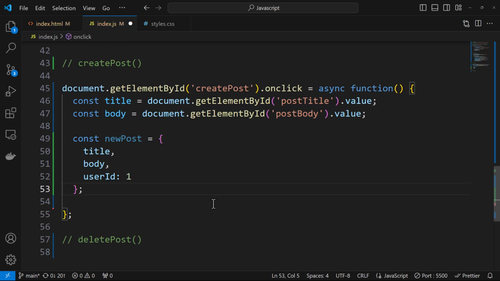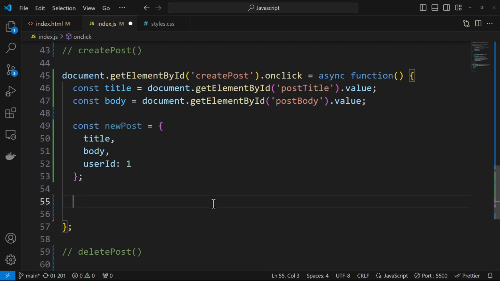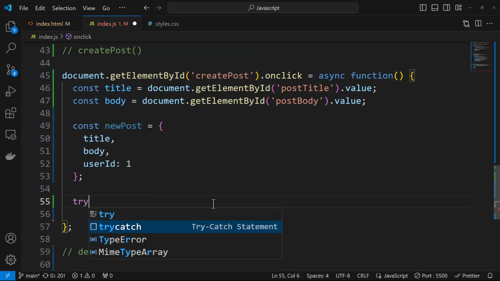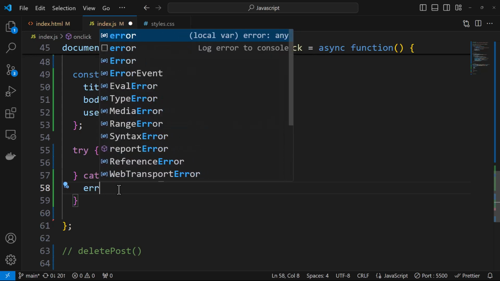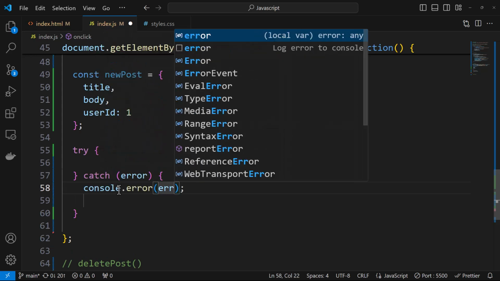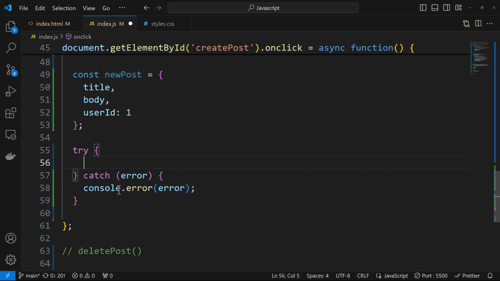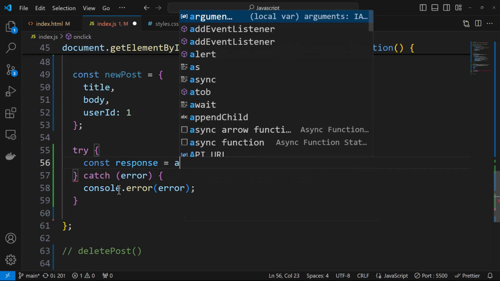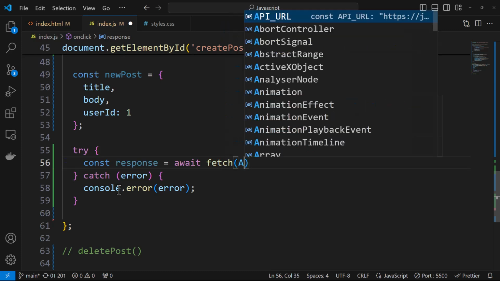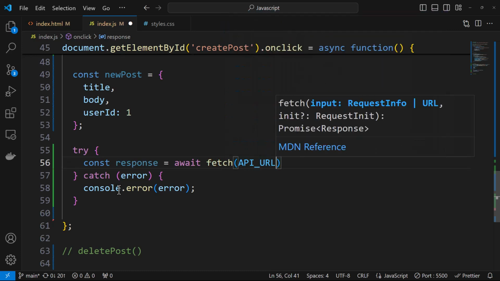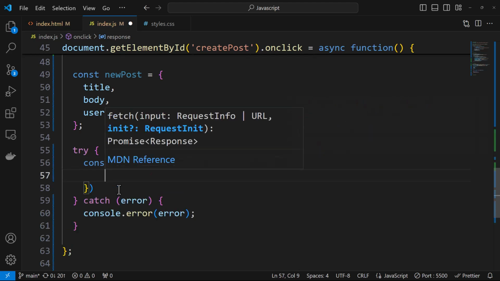Now after object creation, what we can do is we need to send this to the server. All right, before sending it to the server, we'll incorporate a try catch block for error handling. All right, within the catch block, I'm going to have the error over here. Okay, something like this. I'm going to have error. Then within the try block, I'm going to say const response, and I'm going to have await fetch. Okay, and I'm going to have the API URL like so,